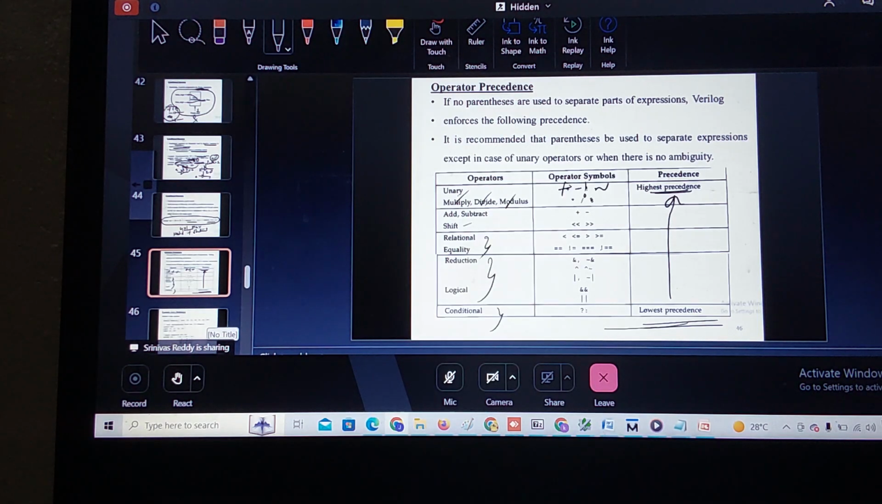Did you understand? The basic building block for the data flow modeling technique is the assign statement. Assign means it is a continuous assignment statement. Why is this a continuous assignment statement? What are the characteristics of the assign statement? Continuous assignment statement is